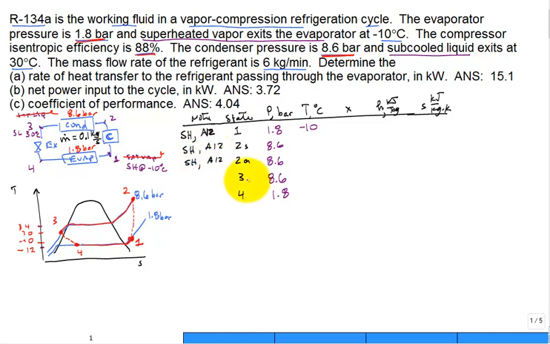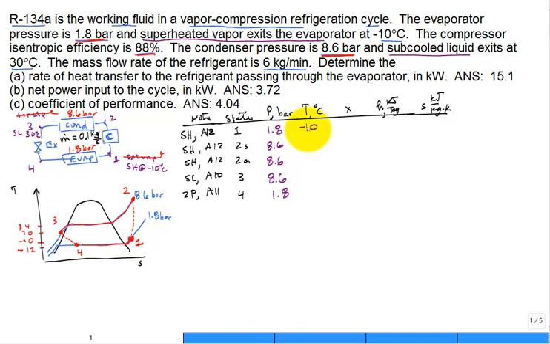And then for state 3, you're subcooled liquid. Now we're going to use an approximation where it's a subcooled liquid, and we'll probably use table A10. And then for state 4, you're in a two-phase region, two-phase liquid vapor mixture, and we know the condenser, evaporator pressure, and so it'd be like table A11. All right. Okay, so for the enthalpy, you have to be able to look up at 1.8 bar negative 10